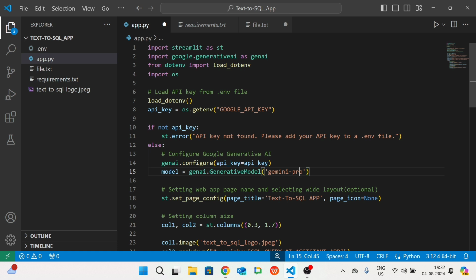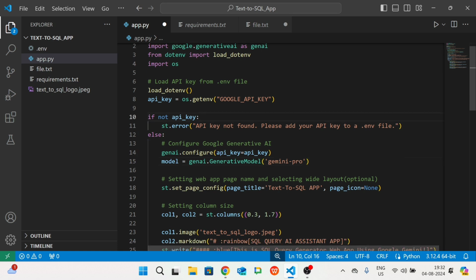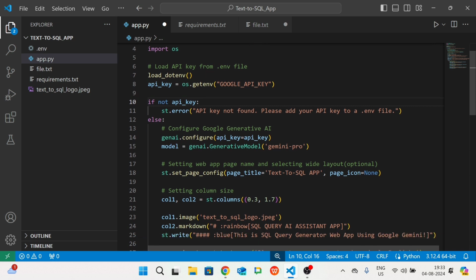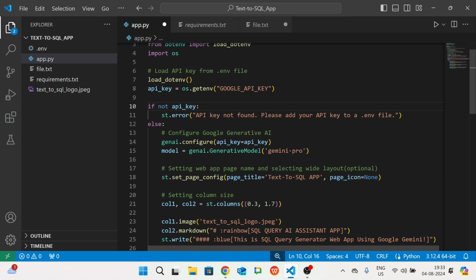So moving further, now we will see the simple setup. What we have been doing in the last four applications is writing the Streamlit application code at the end. But now let me show you something different, and here it will be a somewhat interactive application. See now. Before moving on, the first thing we need to check is our API key. If our API key is not found, we need to add the API key to the .env file. So it's a basic try and error check from our end.